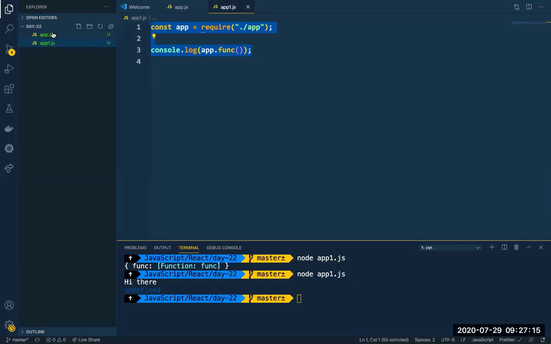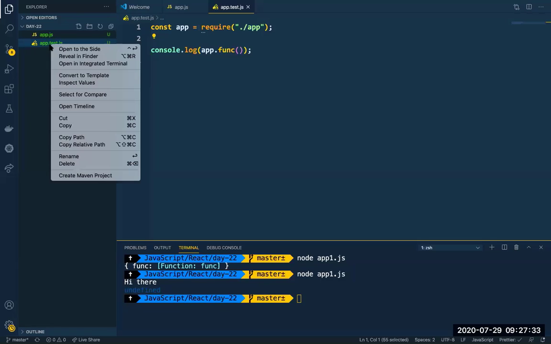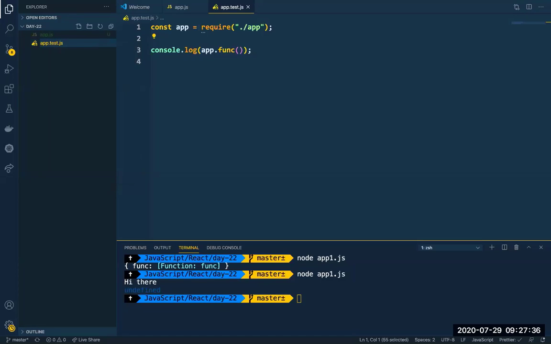Okay. So let me keep this as app.js itself, and let me keep this particular file as app.test.js. Now, this is the normal convention for a test file. This is how you name a test file. Either you can name it app.test.js or you can name it app.spec.js, whatever you feel is correct. And as you can see, immediately the logo of that file has changed to a laboratory test tube along with the JS extension. It means that it's a test file.